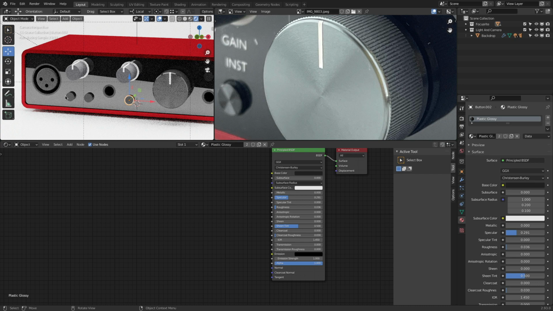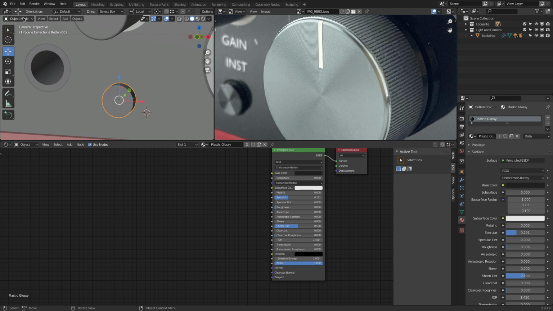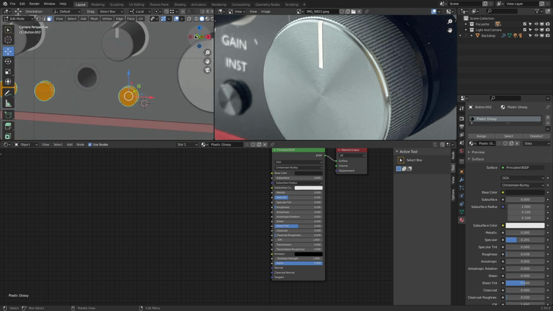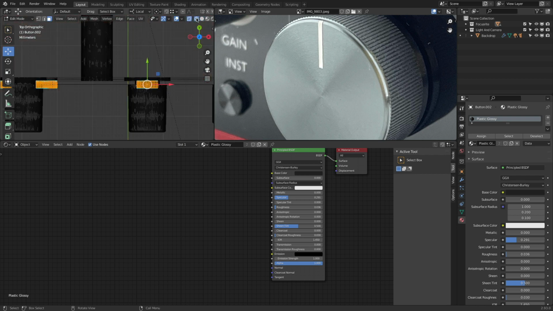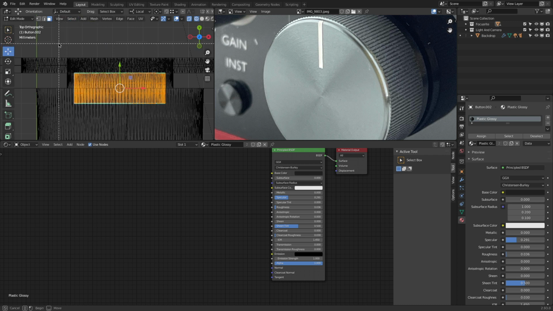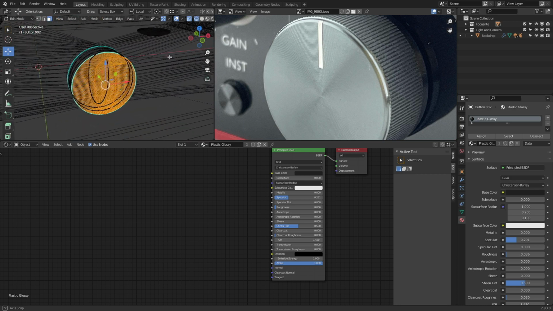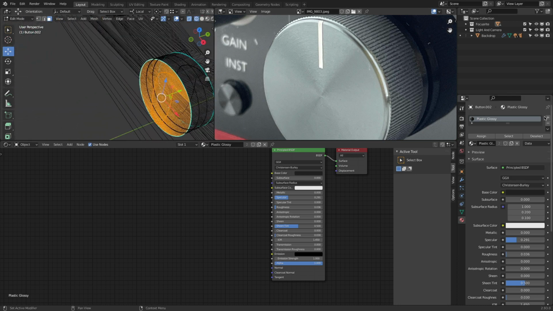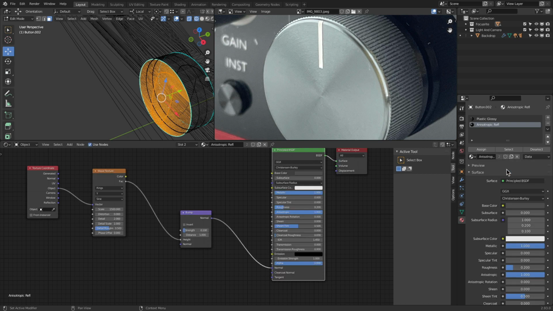Before we continue also here, maybe let's turn this off. Then we go into edit mode. Let's go to a top view, and then we zoom in. We go to wireframe mode, zoom in more, and then we go to select, box select, middle mouse button, click and drag, and we deselect from what is selected. So there's now the cap, the rest is untouched. And then here plus, and then, yeah, here's my anisotropic reflection and assign,